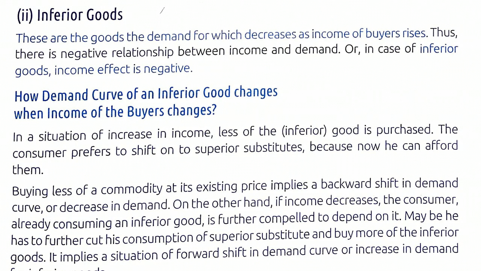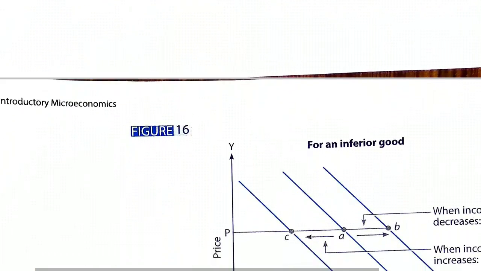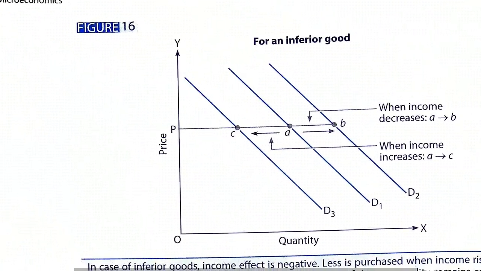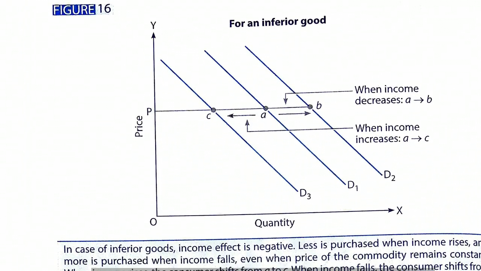So there is a negative relationship between income of a consumer and demand of a commodity in case of inferior goods. And similarly, when the income of the consumer rises again, they will leave or not consume jowar or bajra, and again they will shift to wheat or rice. Thus it is a negative relation in case of inferior goods. So you can see this type of figure, the demand curve shifts. There is always a shift in demand curve due to change in price of any other commodity or change in income also.